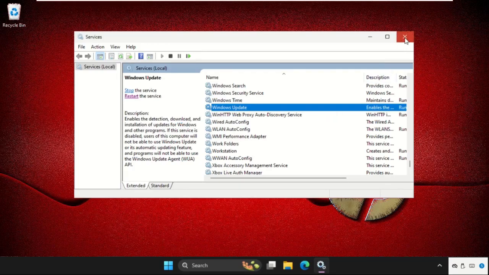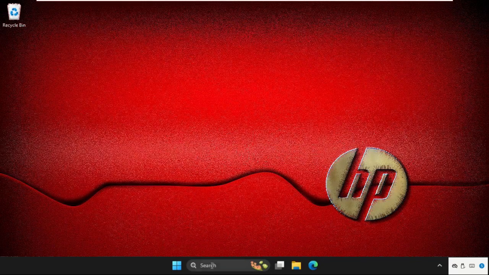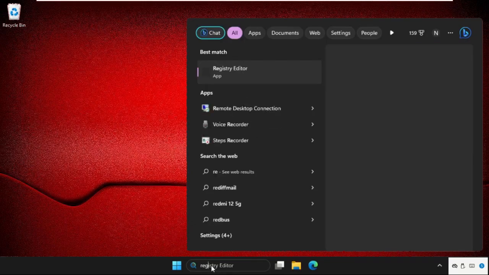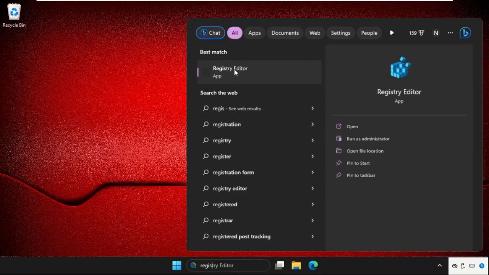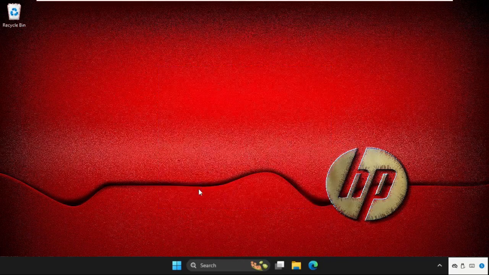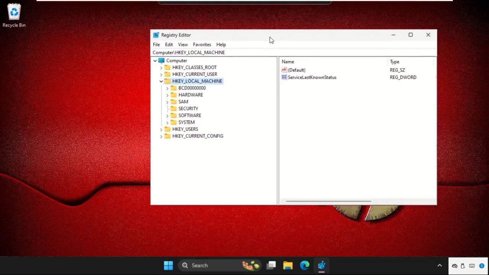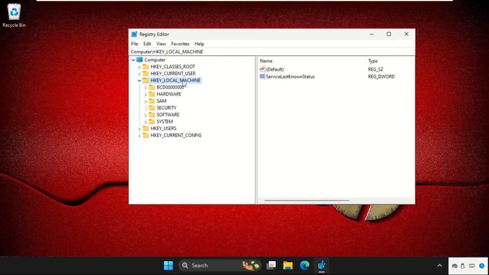Once done, just close this window and go to the search bar, type registry editor, and from the search results click here to open it. Select yes. Once we are here, we need to expand HKEY_LOCAL_MACHINE. This is a very important process to fix this issue, so just follow my screen and